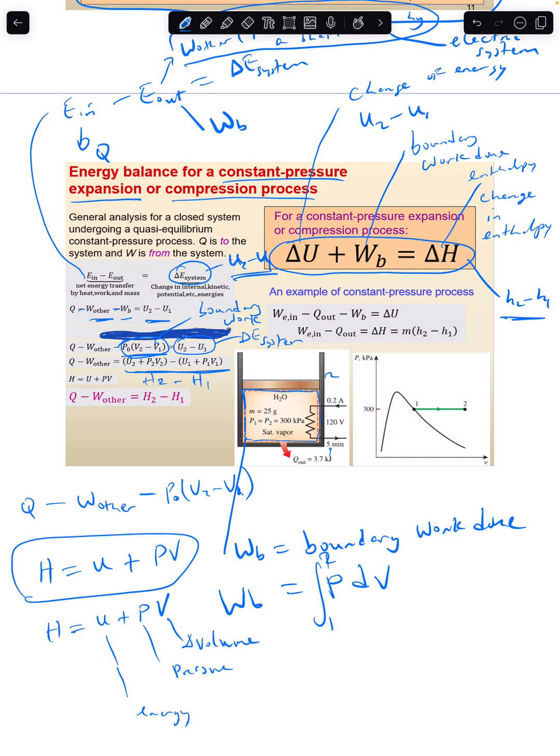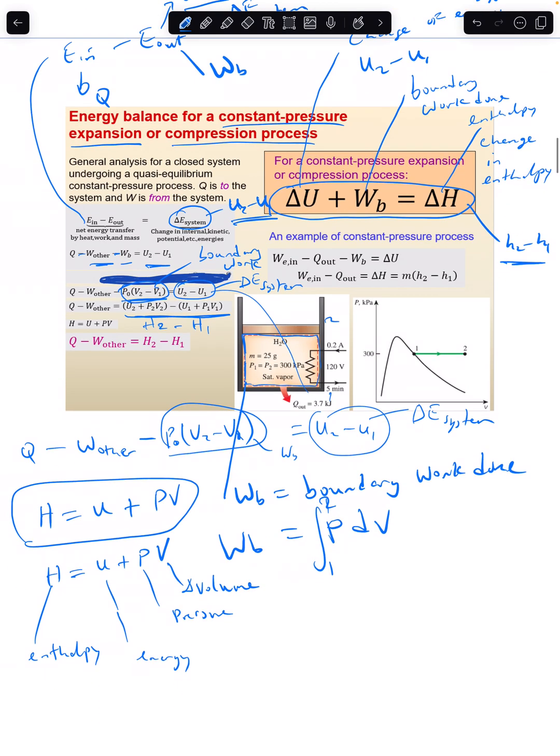So all of this is equal to what? Enthalpy. So that is enthalpy. And therefore, because this is the boundary work and this is equal to what? It's equal to U2 minus U1, which is equal to what? Change of energy for the system. We saw that